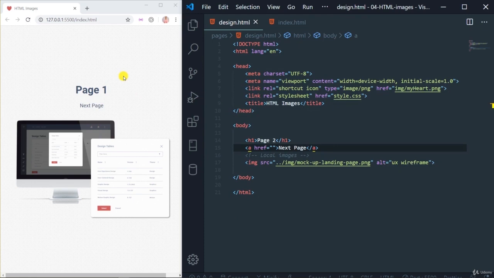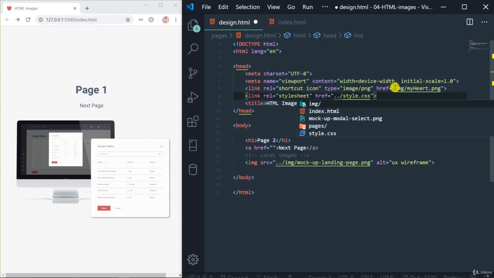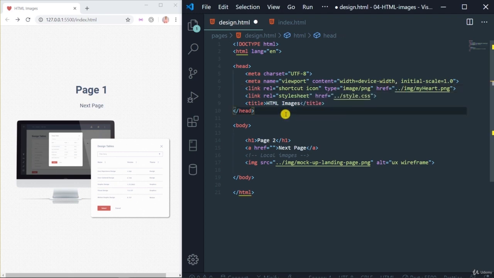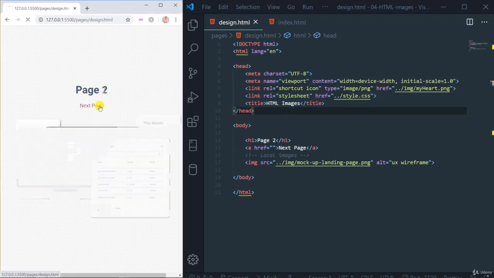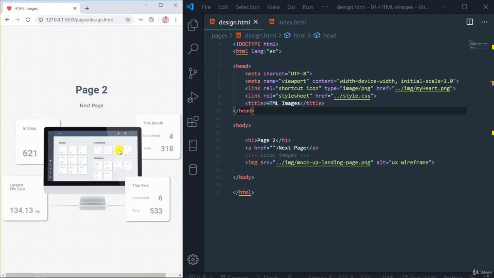So if we go to our browser, I've already opened all of this with live server, so that's why it gets automatically updated, and this is why I really like to use the live server extension. You also have to, the way you link these images and you're going one step back, you have to do it with your CSS style sheets as well and your other images folder. So let's just do it right now, ../